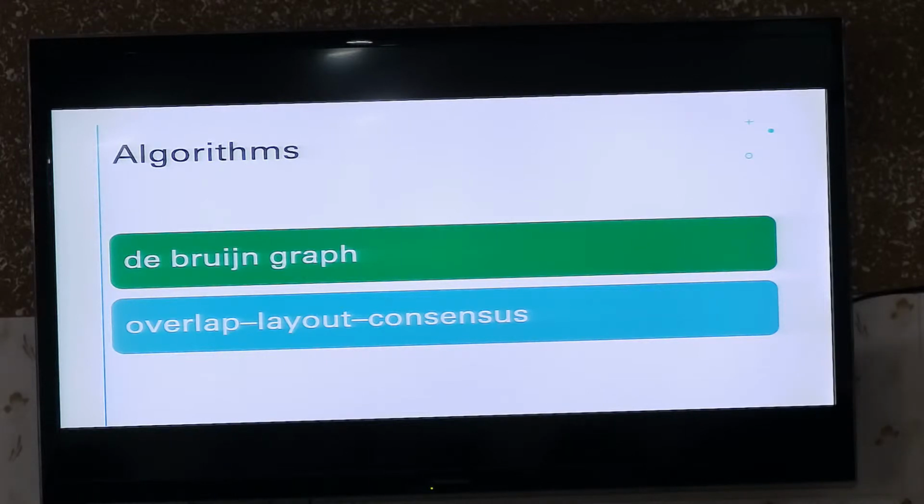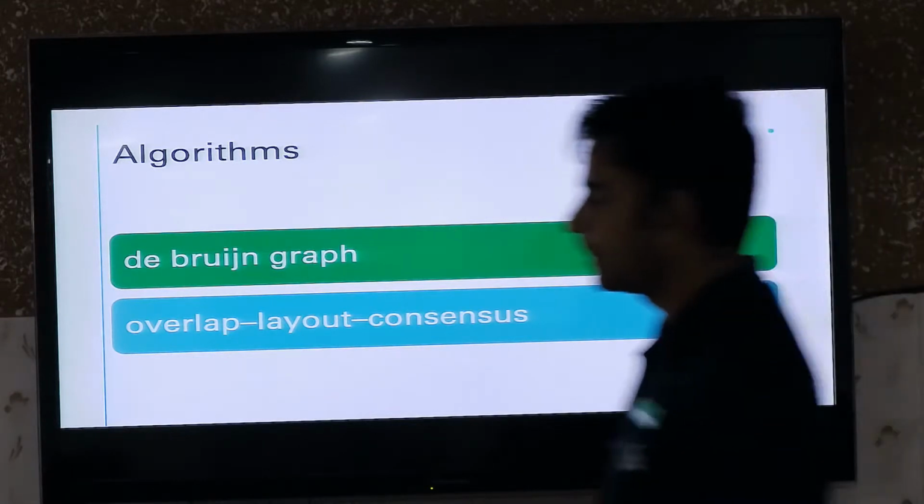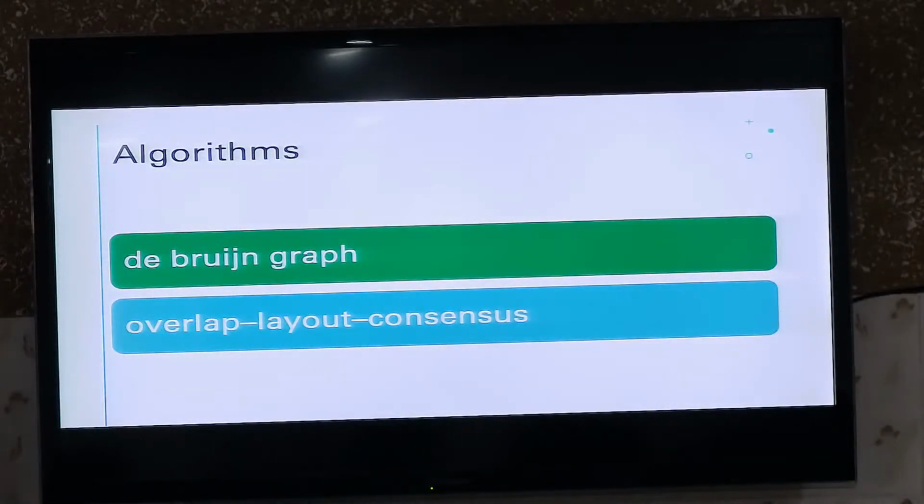In this, we are going to take the example of SPAdes. Now SPAdes is based on the de Bruijn graph algorithm. So let us understand how the de Bruijn graph concept will work. In that, it will fragment your reads into different sizes of k-mers. And the selection of k-mer will be based on the chemistry of your sequencing as well as your data. So if you consider